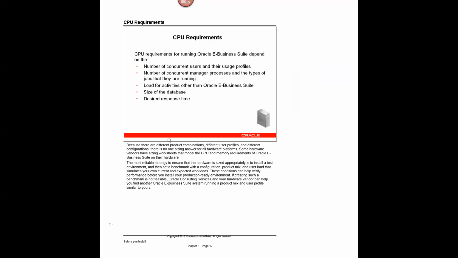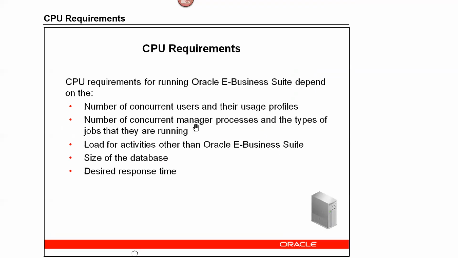Okay, CPU requirements. CPU requirements for running Oracle E-Business Suite depend upon the number of concurrent users. A middle-sized company will have 100 to 200 users. It also depends on the number of concurrent manager processes and the types of jobs they are running, load for activities other than E-Business, size of the database, and desired response time. Yes, CPU is dependent upon all of this, right? It all depends upon the number of concurrent users. I've seen where we have like